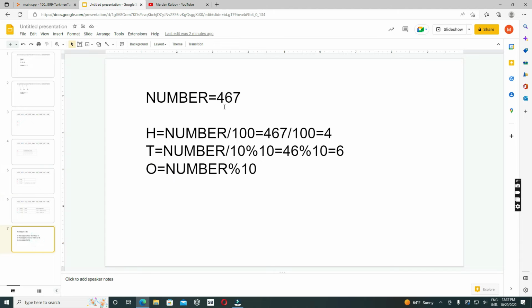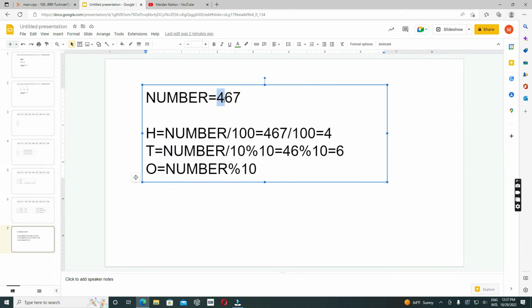Imagine that we have a number 467, which is an integer. So if you want to find the hundreds digit, sutelor in Romanian, you just divide it by 100, because 467 divided by 100 will give you 4. Again, since this is an integer, I will not have these decimal places. And if you want to find the tens